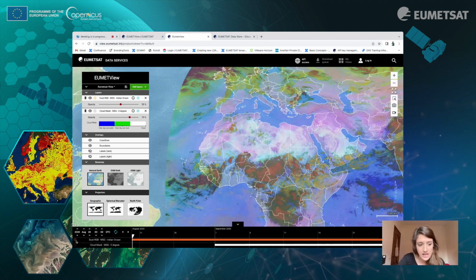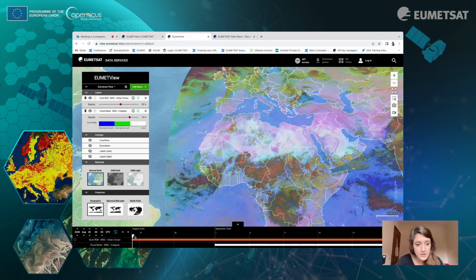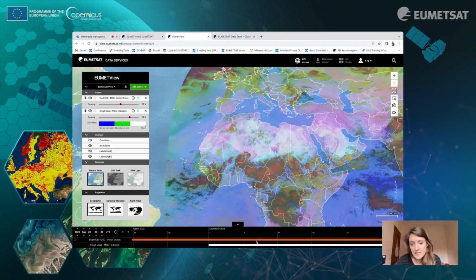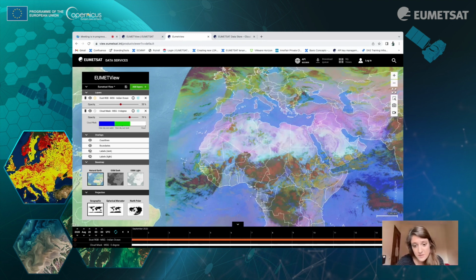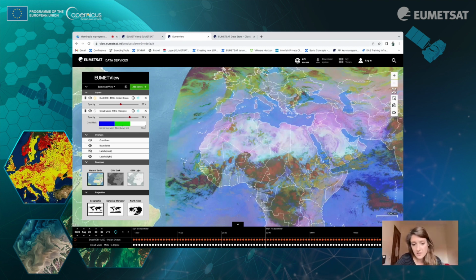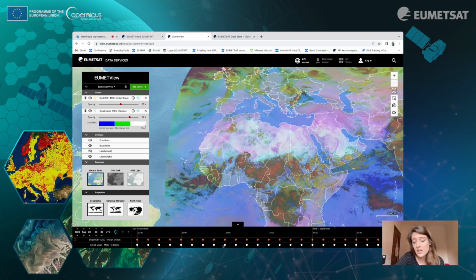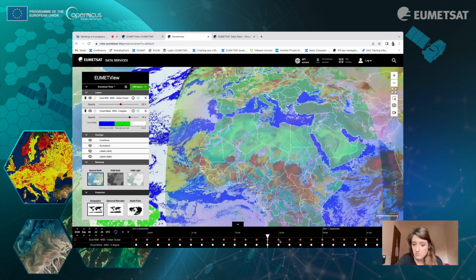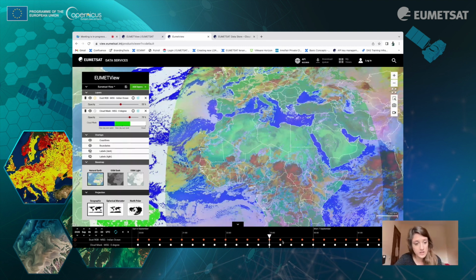This clock is highlighted, and this is just saying that the driving time period is the one of this specific product. Of course, this depends on whether you're using different satellites, so they don't have the same time steps. It depends on which ones you're using. And here I'm just zooming in, so you can go from one image to the other one and just check out and play around with this.